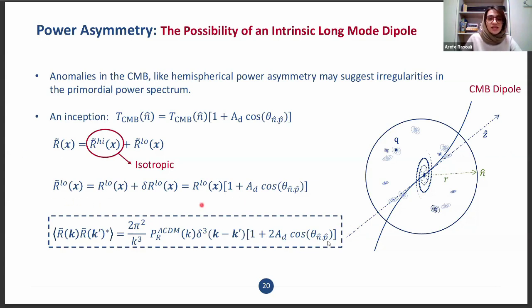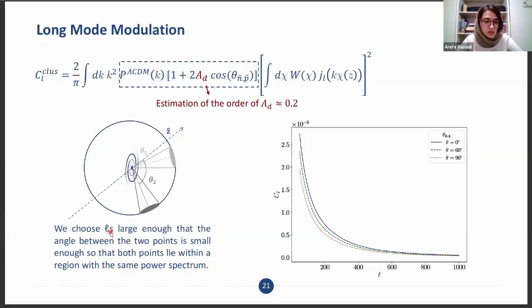And we can see that this modulation will modify the initial curvature perturbation in this way. We can use this modified initial curvature perturbation to find their correlation and compute the new power spectrum. So right now, all we have to do is to substitute this new matter power spectrum in this relation and continue what we have done earlier.